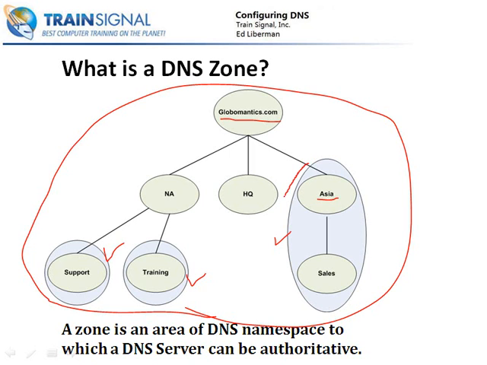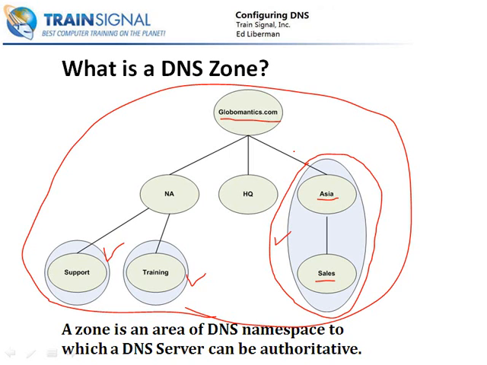You'll notice that this is kind of an elongated oval that I've highlighted here, which includes the sales.asia.globalmantics.com namespace. The reason why is because by default, any server that is authoritative for a particular zone is also going to be authoritative for any subdomains underneath,